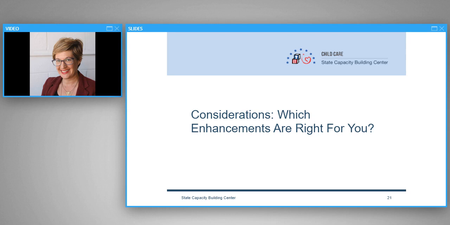There's no one-size-fits-all approach to enhancing your child care search tool to better meet the needs of your family. There are many ways to improve your child care search regardless of the scale of the changes that you make. When considering enhancements to your search tool, you do want to consider what is possible within the context of your